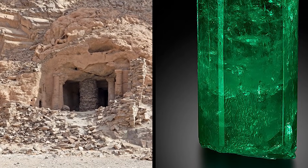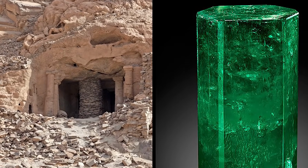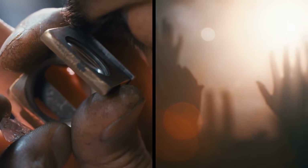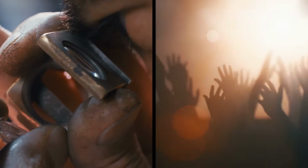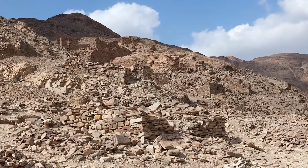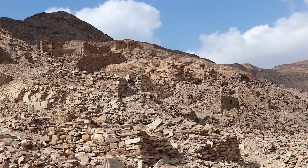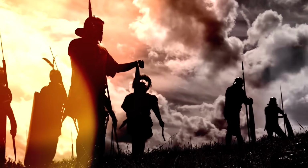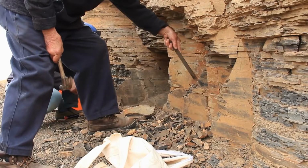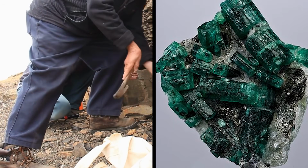What's really interesting is that the temple was part of a larger complex used in mining emeralds thousands of years ago. The finds have confirmed for archaeologists the significance that religion played in small mining settlements. So far, the Roman site in Sikite has yielded the highest concentration of cult spaces inside of an ancient mine. However, researchers are still unsure why the Romans gave up control of the area. There is still more work to be done if archaeologists want to uncover the full story of Rome's extraction and